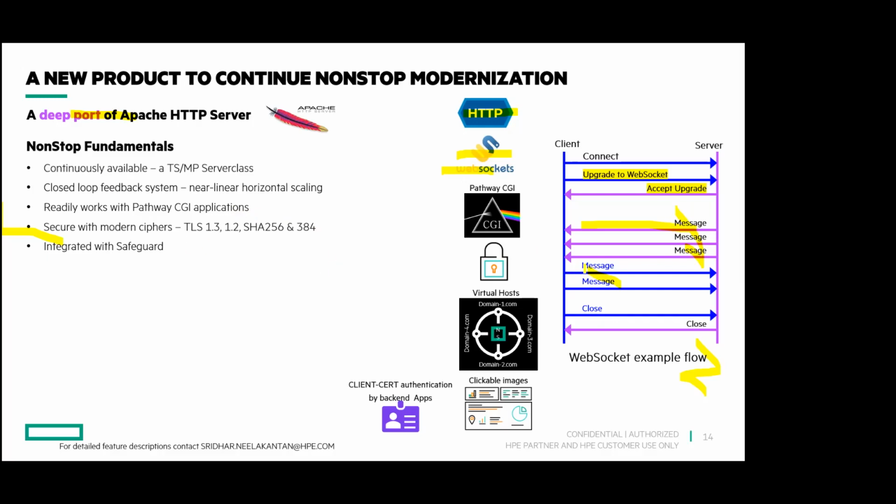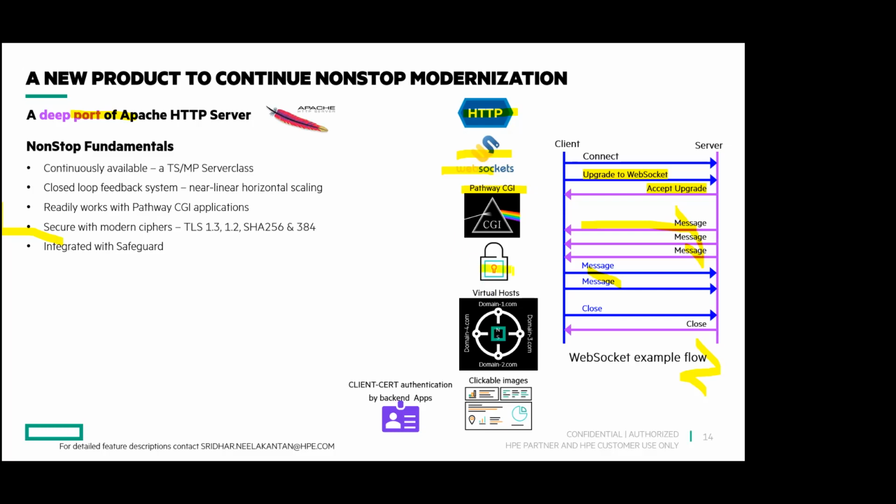Yeah, okay. So that's the WebSocket protocol, and that's supported in this 1.1 release. Parkway CGI. A lot of people use Parkway CGI based applications as server classes sitting behind ITP web server. So that ITP web server can be removed, and seamlessly you can bring those applications to sit behind NonStop HTTP server, and they just start working. So that we have proven, and that's again we released in 1.1 when it comes in L2106.